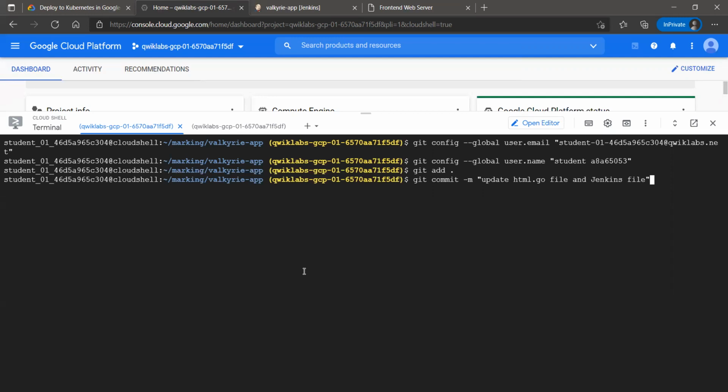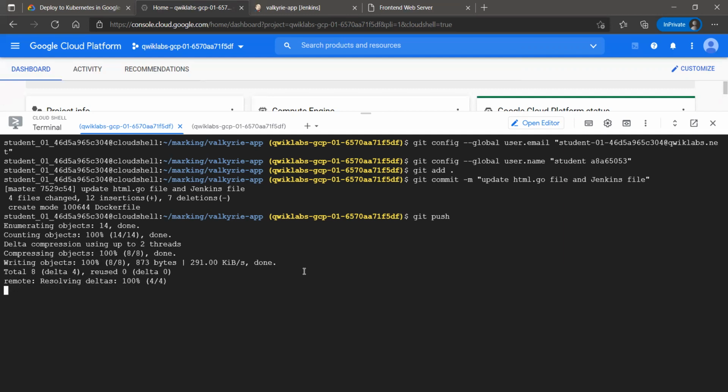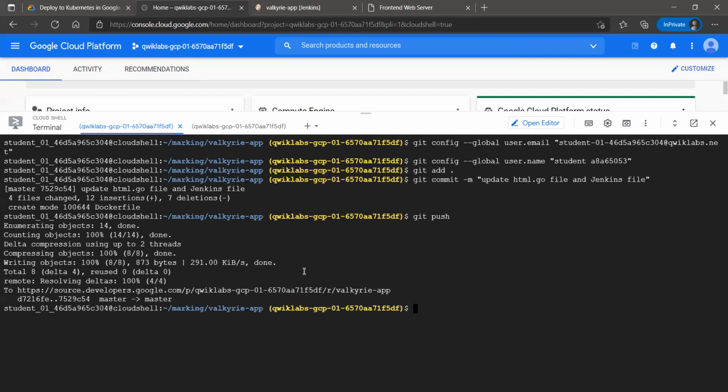You can give any message. Now run this command to push all the changes to the master branch. Git push. So it has basically pushed all the changes to our master branch.